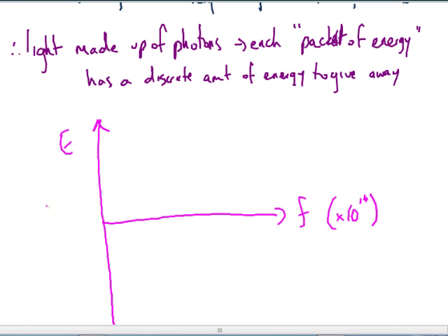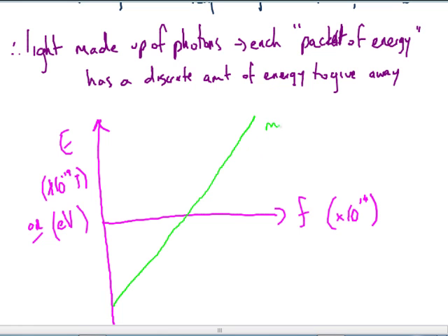Now this can be in times 10 to the negative 19 joules, or it could also be in electron volts. Now on here we get, for a given intensity, given metal, so for metal X,